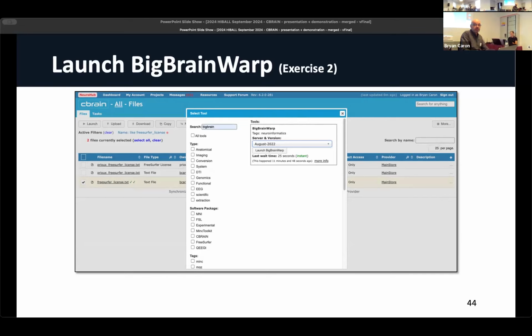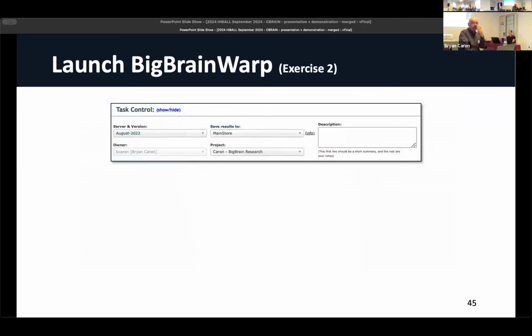Okay. So if you type in BigBrain, you'll see BigBrain Warp as part of a specific category. It may not look exactly like what I have on my screen because we've updated a lot of tags recently. You'll see which version of the software is installed and where that software is installed. In this case, you're probably going to see it on just one system, but depending on the others, you'll see it visible on all the connected HPC resources that you have access to. So you say, okay, great, I've got BigBrain Warp. It's in the inventory CBRAIN is giving me. I'm going to click on launch the tool, launch BigBrain Warp.